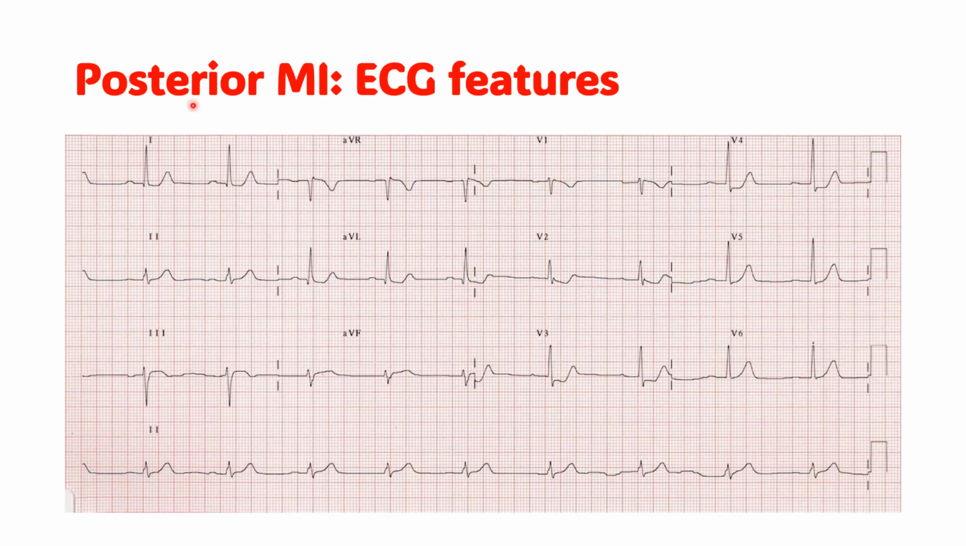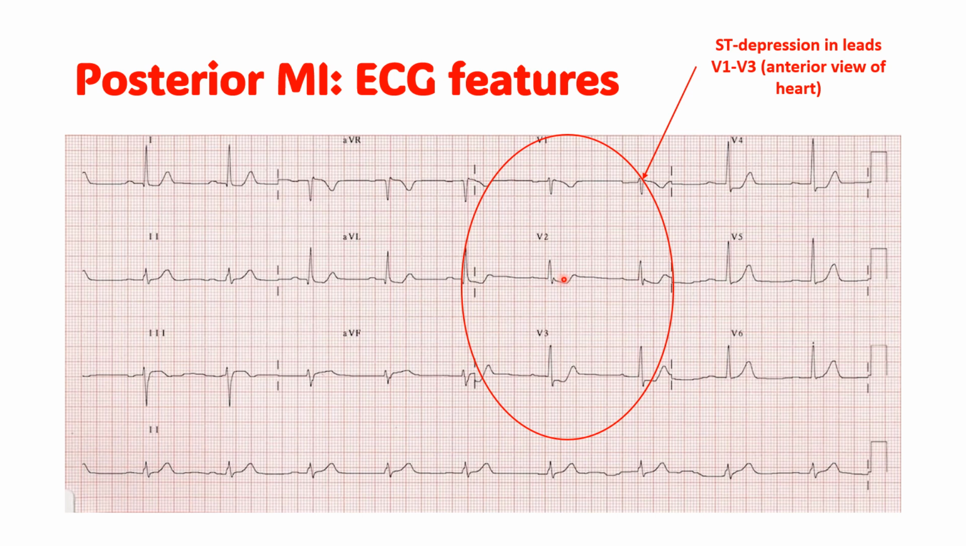Okay, so we need to talk about a posterior MI. So we're going to have some ST depression in leads V1 to V3, which look at the front of the heart. So because this is a posterior MI, there's going to be ST depression in V1 to V3 rather than ST elevation. If the precordial leads were placed on the back and therefore looking at the posterior, the back of the heart, there'd be elevation, but because they're placed on the front,